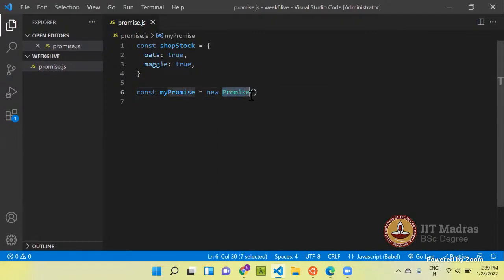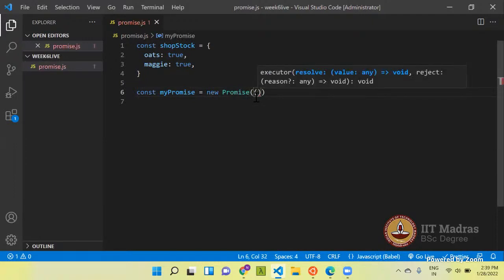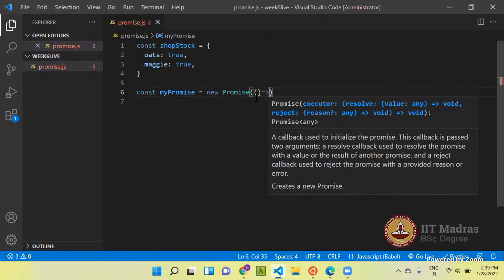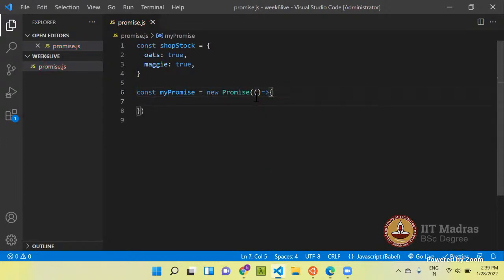You use the Promise interface to create the promise, and you use the new keyword to create an object. So in some sense you are creating a promise object. The promise object takes a callback function, so I will write the callback function.